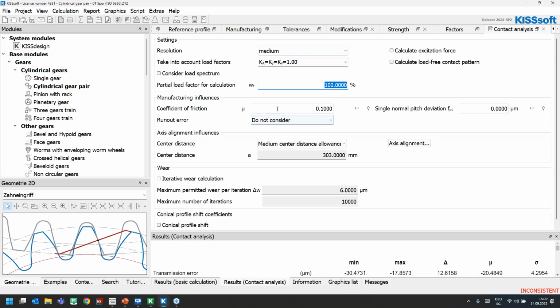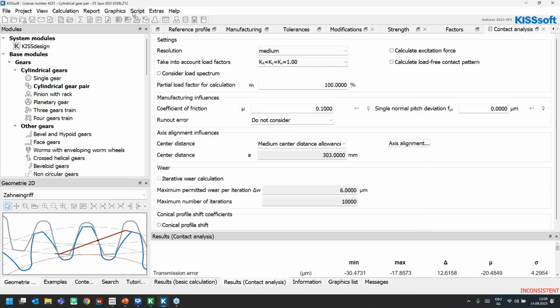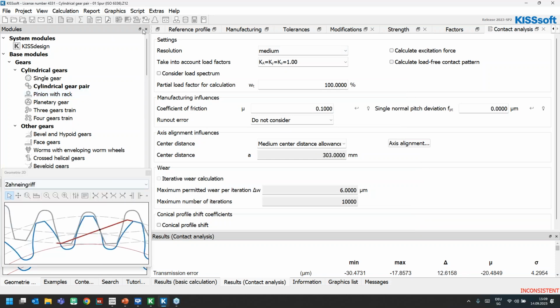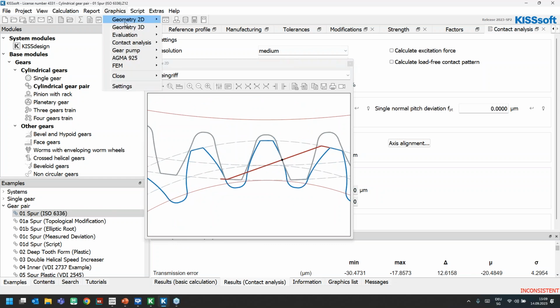Then we can set here the coefficient of friction, which will calculate our friction force, which will account for the losses. And also we have a special setting. I will speak about this setting a little bit later. This is if we want to account for shaft deformation, bearing stiffness, and gear body and torsion, things that we will speak about during face load distribution. But let us first have a look and define altogether what the important parameter transmission error is,